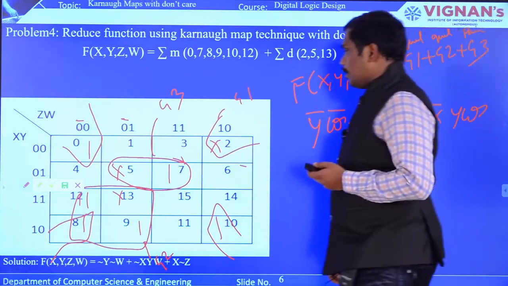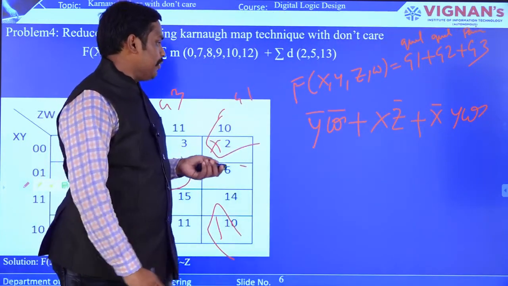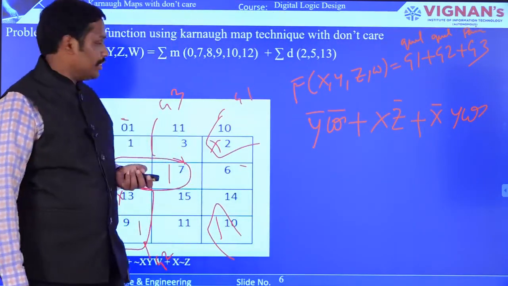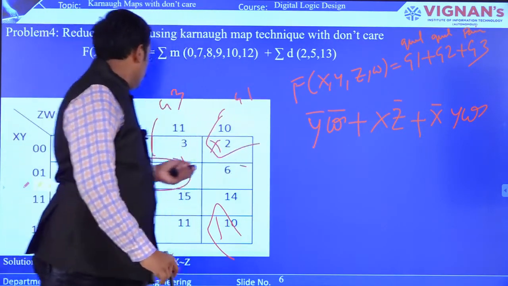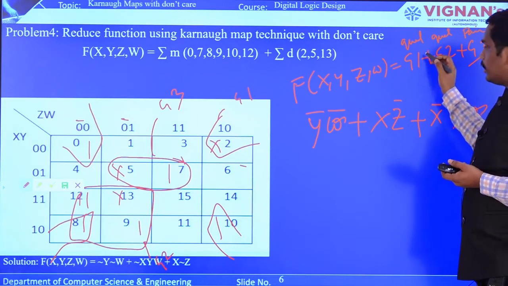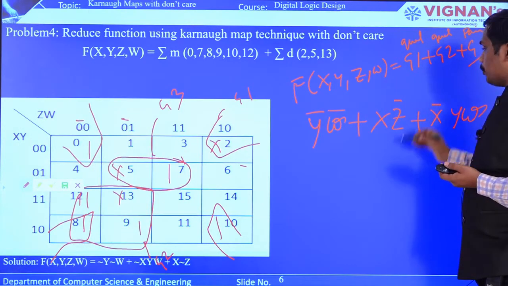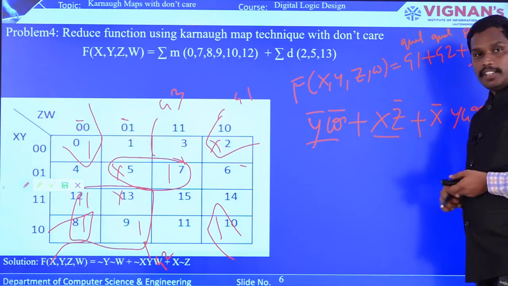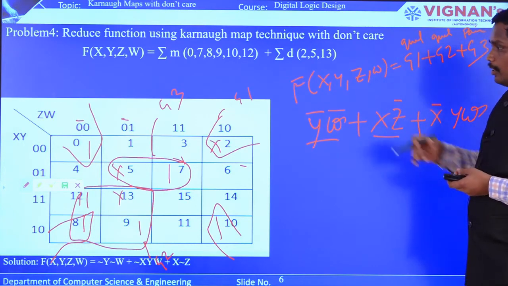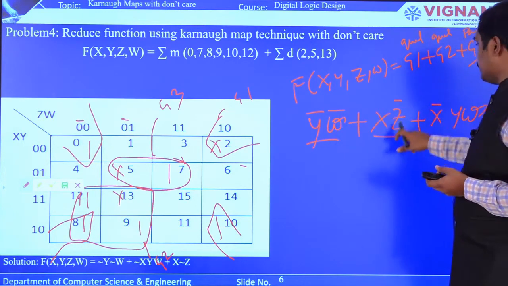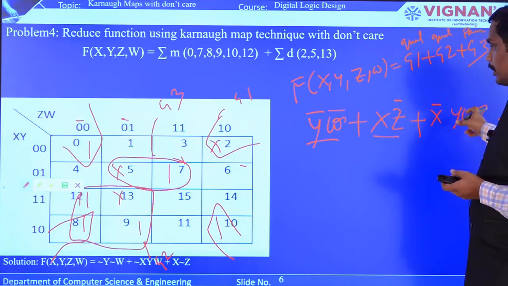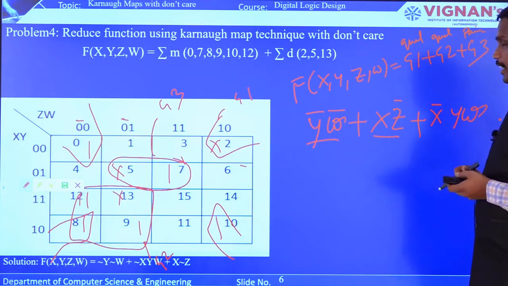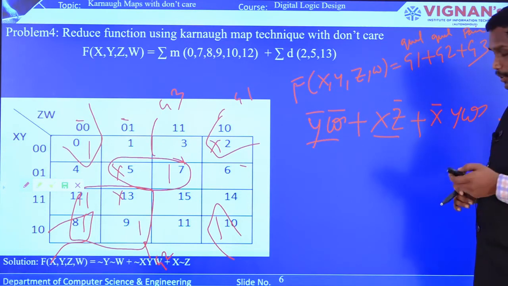So this is how you are going to construct a simplified expression for the given expression. So the thing is, in a pair one variable will be removed, and in a quad two variables are removed. That is the reason why you will get the expression in such a way that two variables are removed, that is X and Z in this case, and W and Y in this case, and in the pair only one variable is removed, that is Z. Okay, this is how you have constructed an expression.